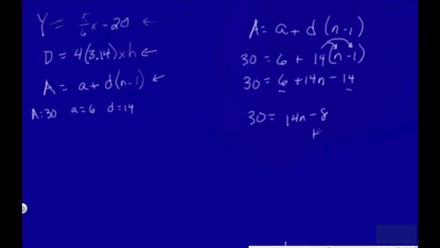So now I can do my algebra. I'll add 8 to both sides, and I end up with 38 equals 14n. I can divide both sides by 14, and I end up with 38 over 14 equals